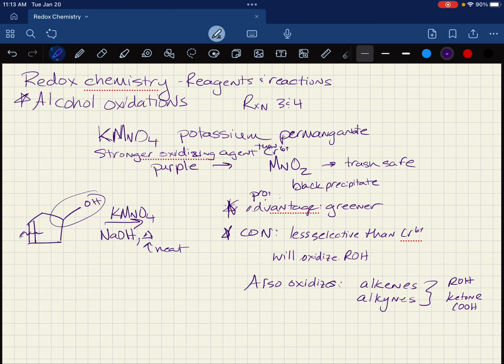So what we would end up with here, and again, I wouldn't expect you to draw this, but we would get the carboxylic acid. It would open that ring, 1, 2, 3, 4, 5. And so, yes, we would get the ketone here at this secondary alcohol, but we would also cleave this carbon-carbon